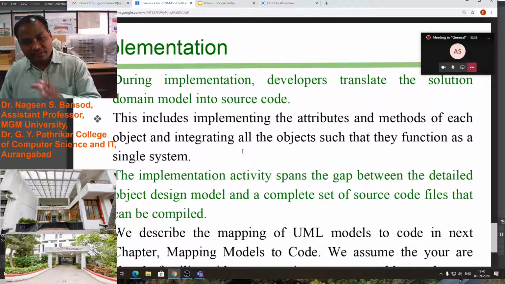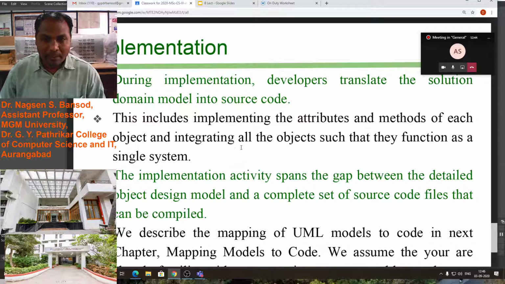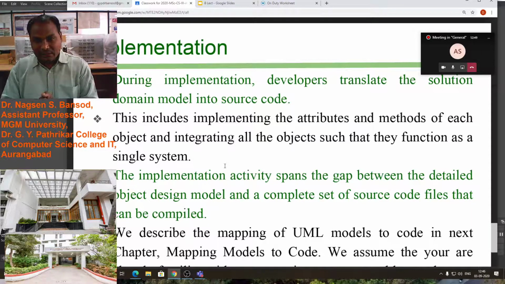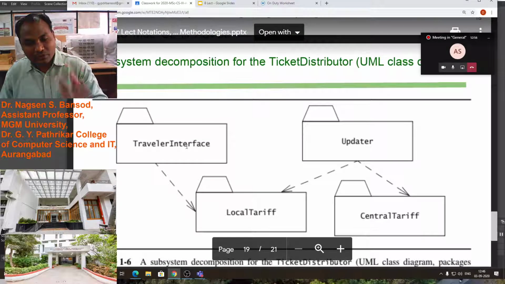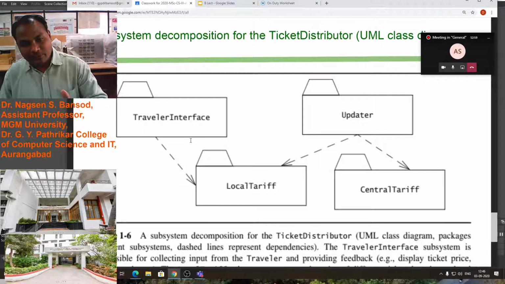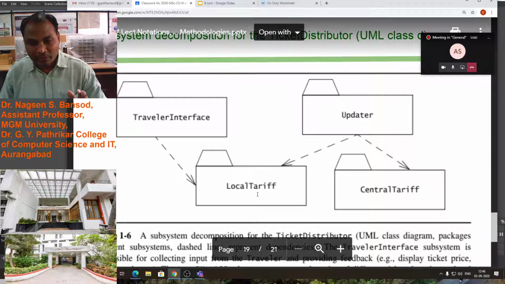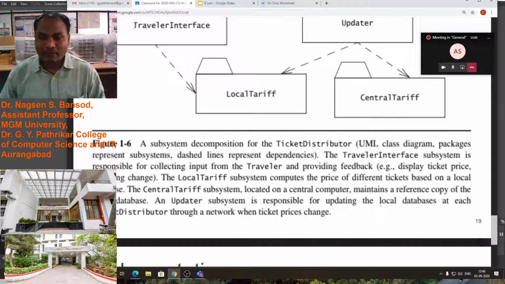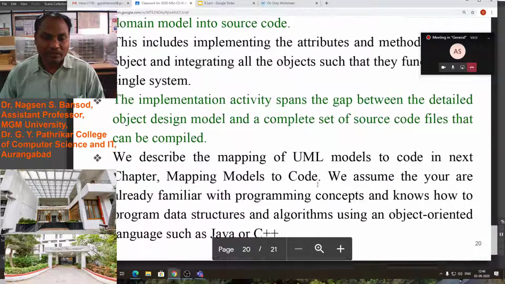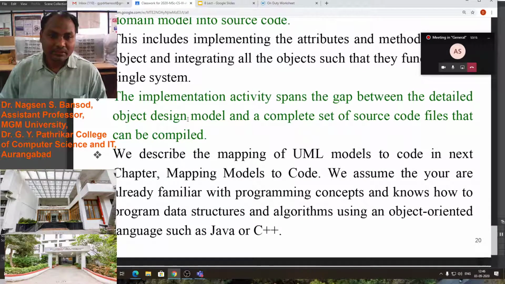On the coding level itself the code will be corrected, and after that all the code we have to integrate such that they function as a single system. Look, this is a single system, you will run its code and see, is there any problem. If there is no problem, you will see that all this code has run individually, after that you will integrate the whole system and see its output too, whether its functions have started, that can be seen.